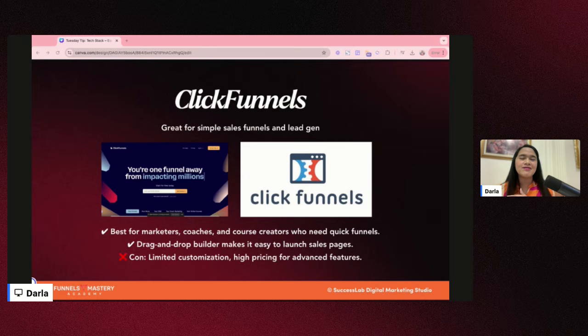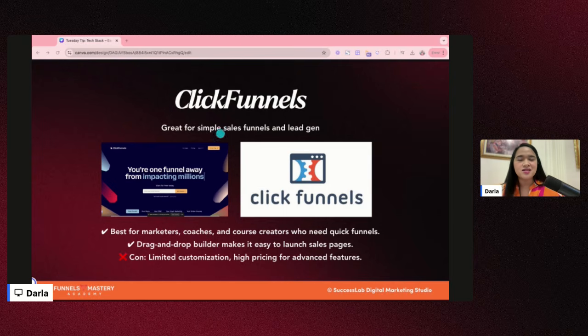Unlike sa High Level na sobrang daming customization. Sa ClickFunnels naman, if you wanted an advanced customization, you really need to do it via CSS. Yun lang din yung downside when we use ClickFunnels. But again, when you build funnels kasi, you don't really need a lot of CSS, right? Unless talagang gusto mo na may gumagalaw-galaw and everything. But in our experience, the best funnels that we did for clients has very minimal CSS, no? So, marami kang dapat ding i-focus when it comes to building a funnel, not just the aesthetics and the animations.